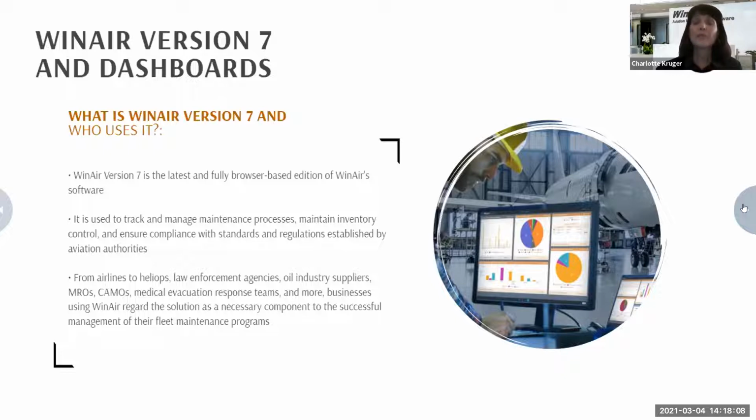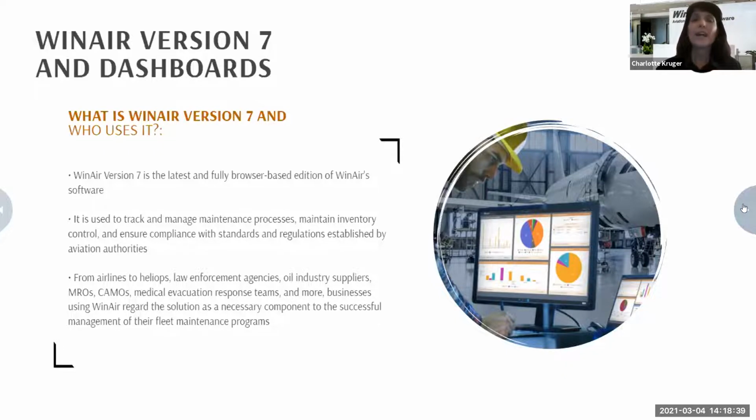WinAir version 7 has a lot of automated workflow in it. On the inventory side, there are predefined ways that customers can set how parts flow, which makes the workflow predetermined for people, and they know where it is going to be. It is also queue-based for them. Depending on which hat you wear in your organization, you can always see a little queue of